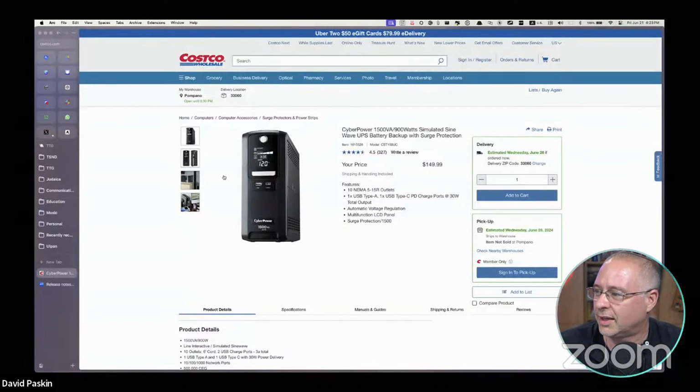So I got a CyberPower 1500 VA. What is VA? I don't know what VA means. Voltage amps is the VA, and then your watts is the 900 watts. So that would be a full US circuit. This is the one I have. And I was very specific saying US.